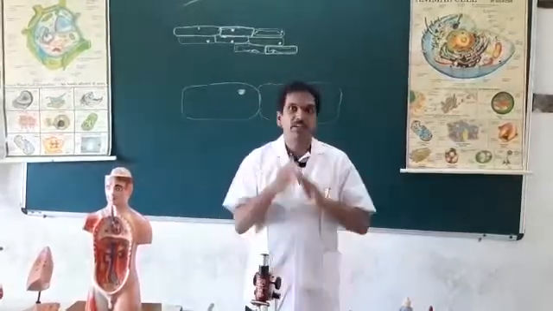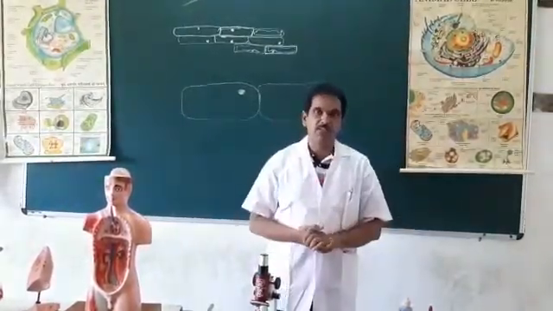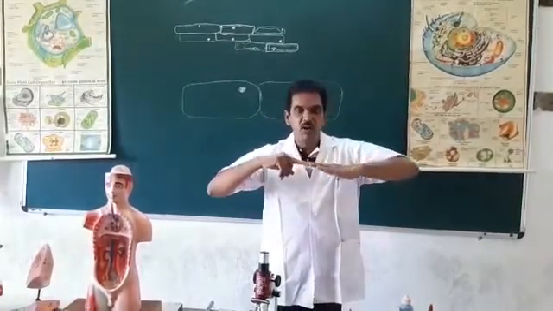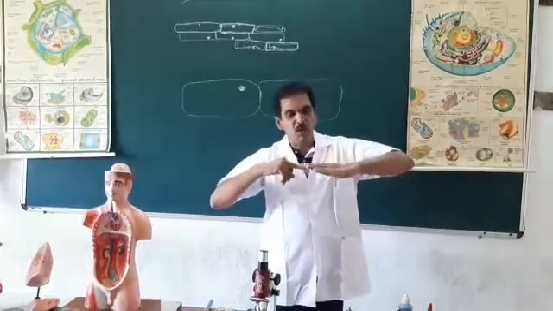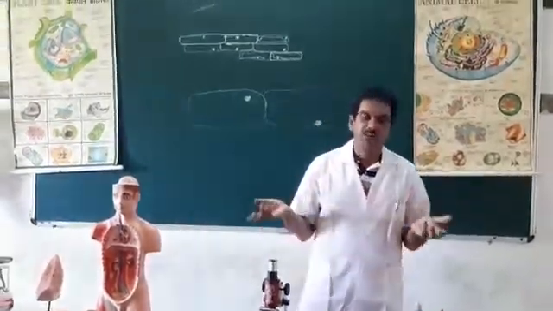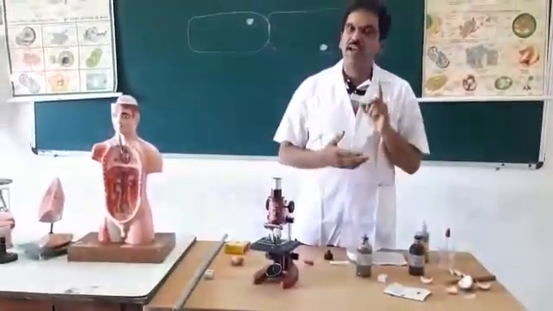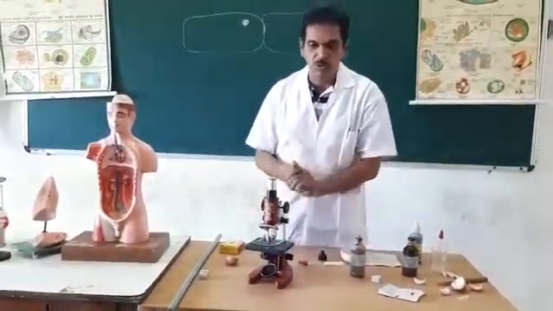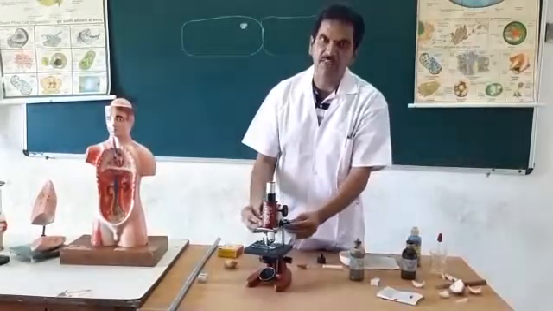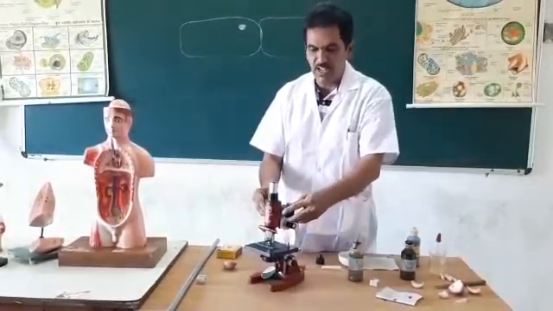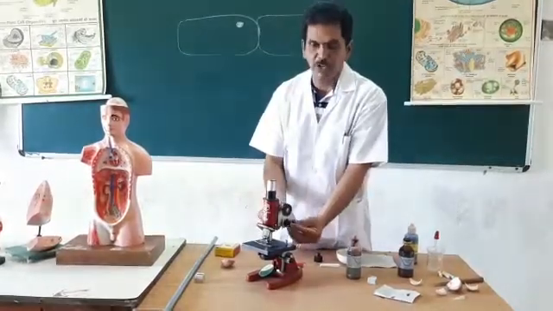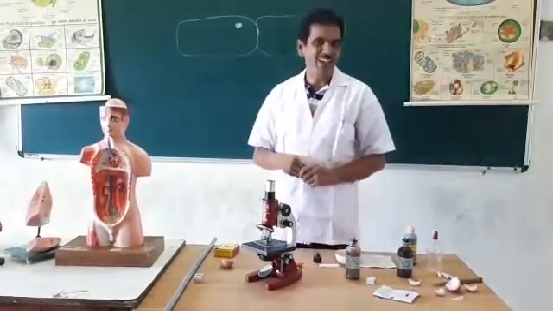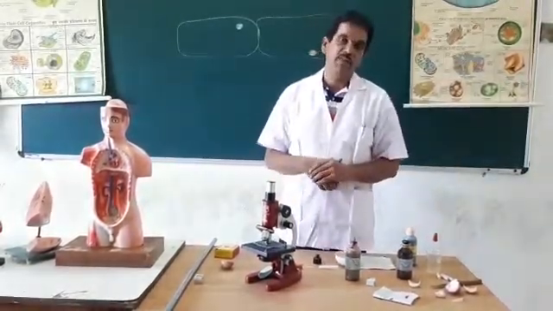Okay, and see to it that when you place the cover slip, don't dump the cover slip on the slide. Place it at an angle of 45 degrees and remove the needle or the dropper so that the cover slip just falls on the slide. All you need is a steady hand. And of course, the last but most important point is focusing. Learn how to use the coarse adjustment and fine adjustment knob. Once you get the focus, leave the coarse adjustment and go to the fine adjustment for finally seeing the specimen. Fine? Isn't that nice? Well, thank you.